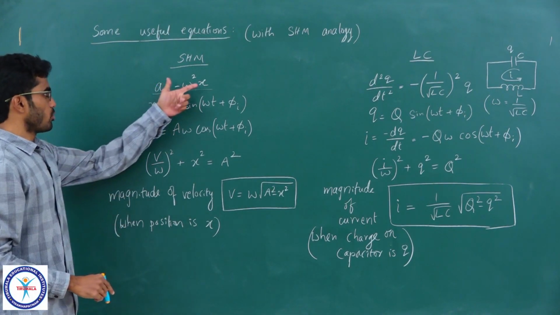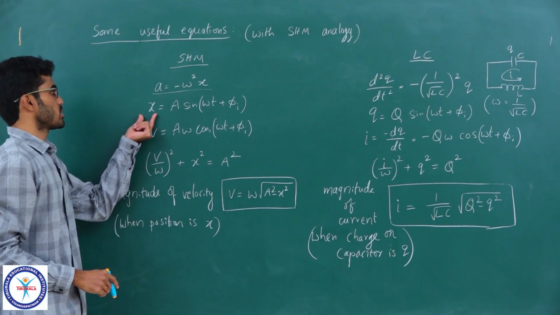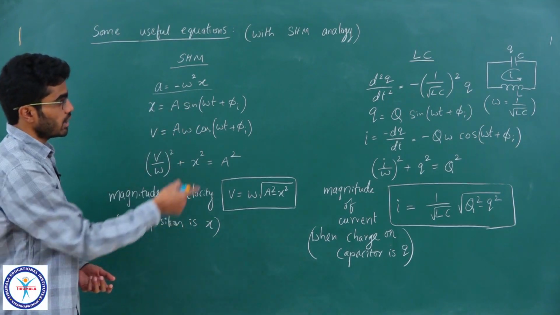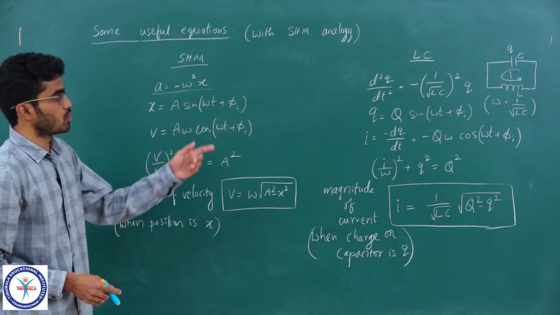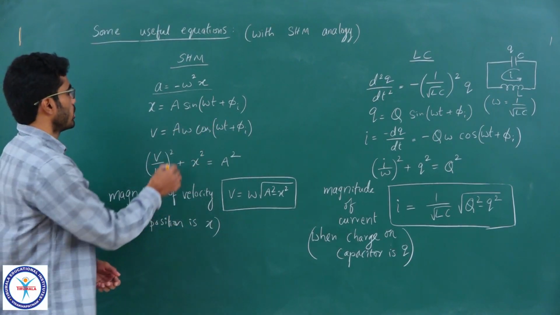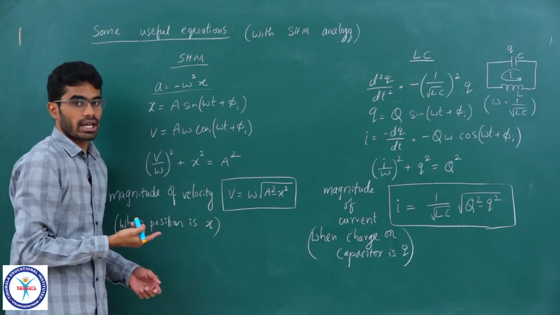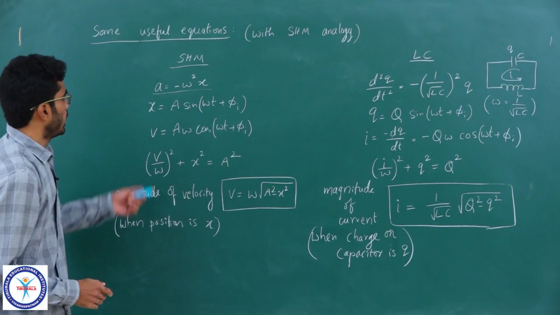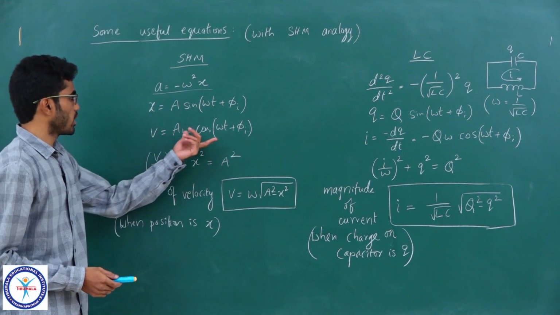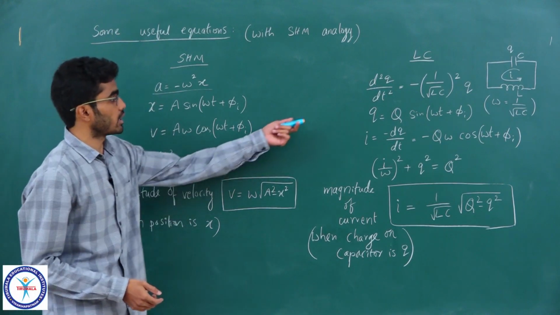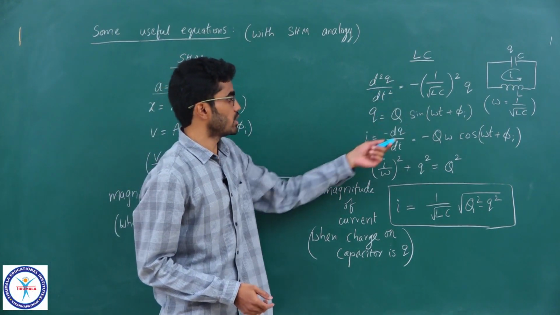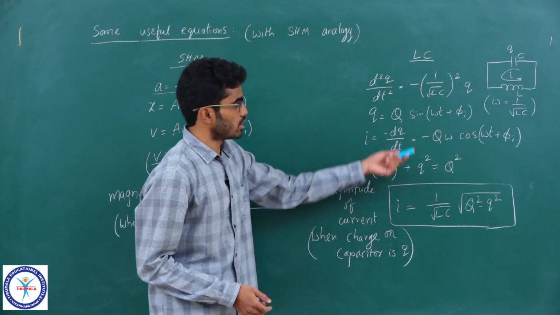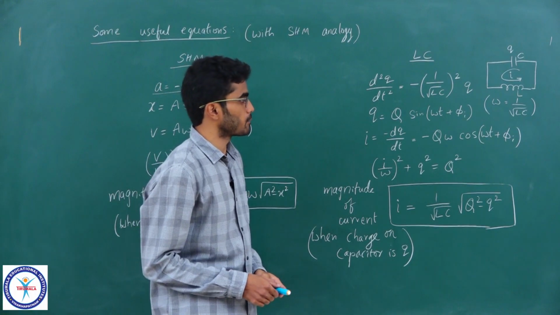And the general solution for position, the displacement equation x is given by A sin omega t plus phi I, where phi I is initial phase. Similarly, you have the charge on the capacitor q equals Q sin omega t plus phi I. Here the amplitude is the maximum position you can have. Here capital Q is the maximum charge on the capacitor. And its derivative, the velocity is given by A omega cos omega t plus phi I. Similarly, the current, but for our convention, it is minus dq by dt. So, we will write minus of the derivative of this, Q omega cos omega t plus phi I.